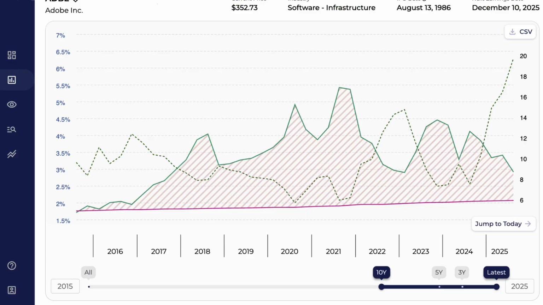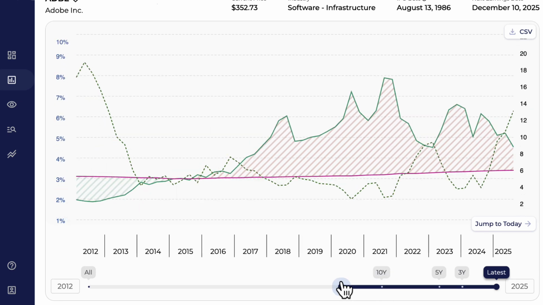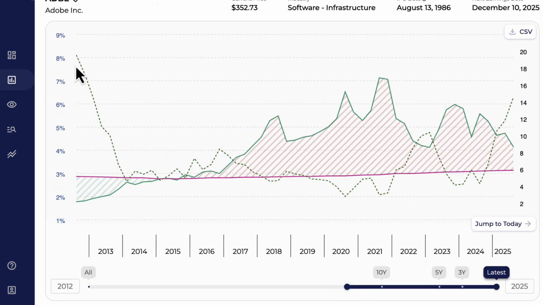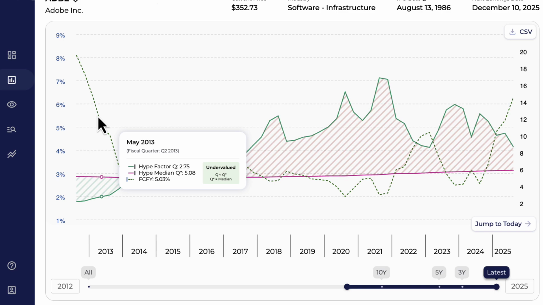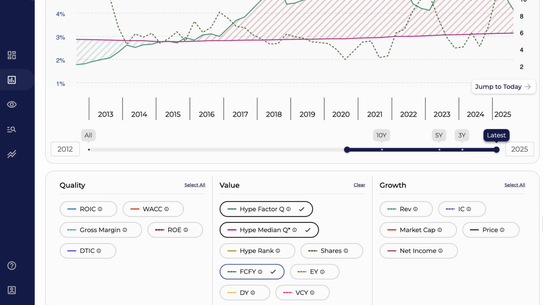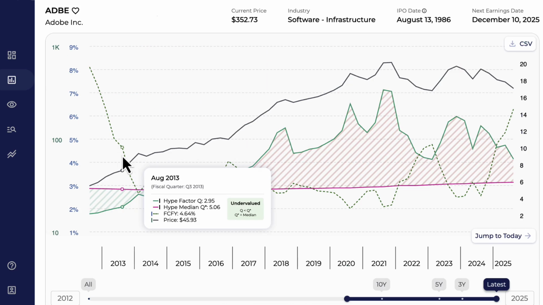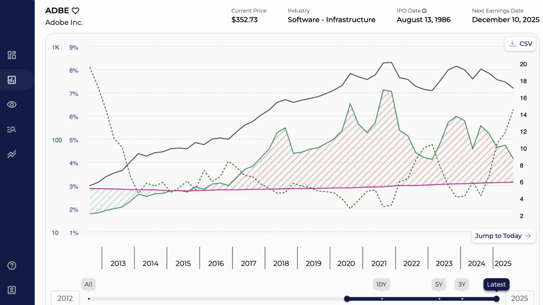And so we see the last time the free cash flow yield was this high was, we have to go back to here, 2013 to see the free cash flow yield at this level. And the returns there, if we were to plot the price, the returns the following year were about 50%. So again, history doesn't repeat itself, but we do see that companies go through cycles. And we're seeing that for Adobe by looking at these long-term trends.